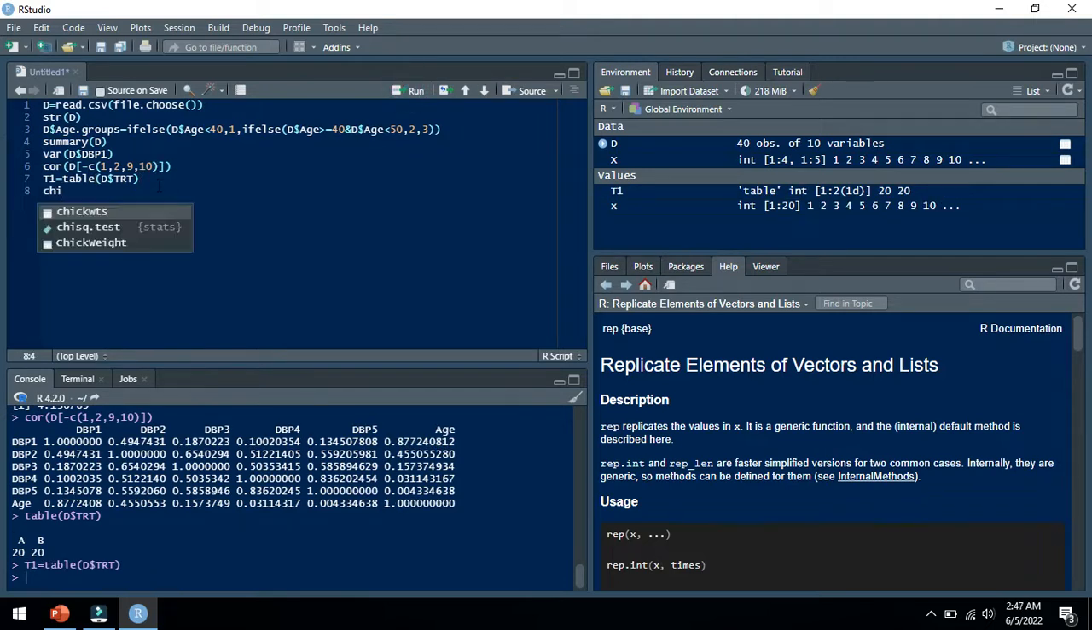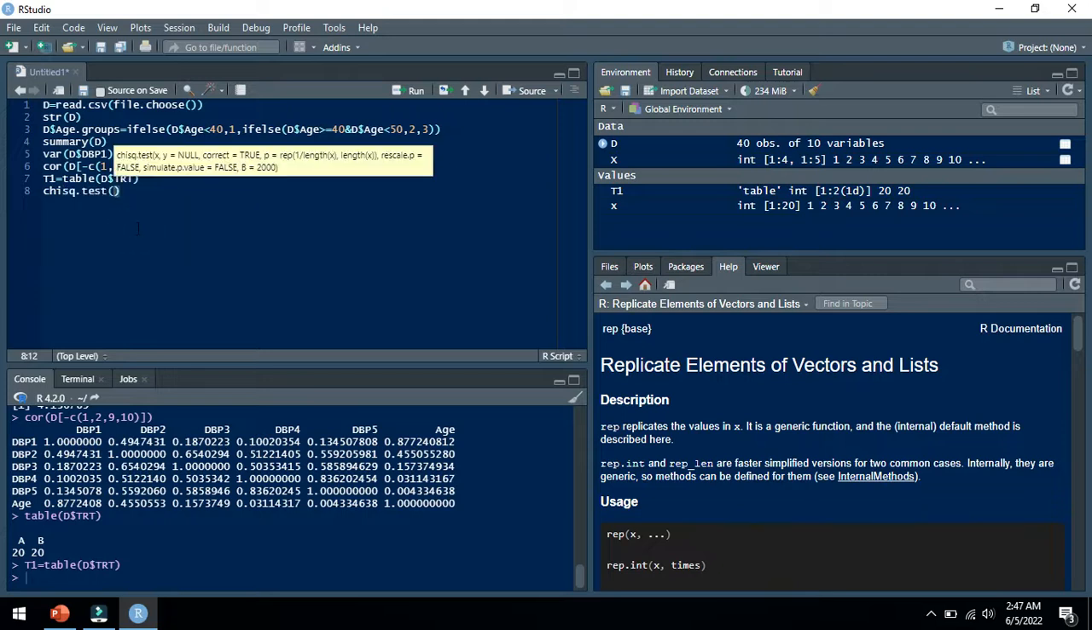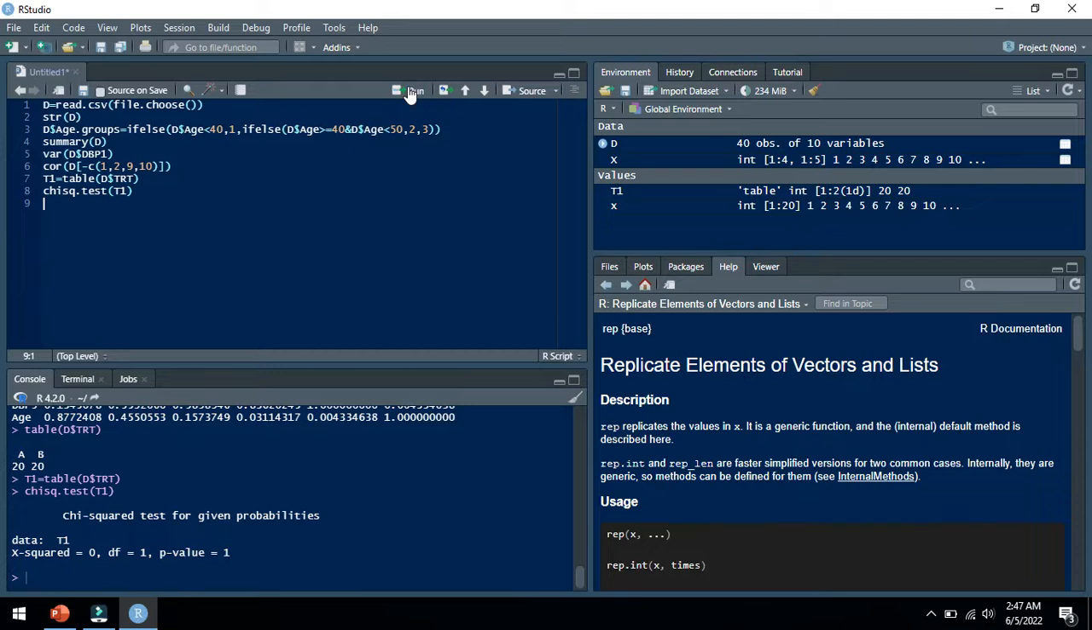conduct a chi-square test for this table, and you can see the association between the two variables, which is insignificant, as the chi-square value is 0 and the degree of freedom is 1. Basically, the chi-square test is applied just on this variable. Basically, we are checking the frequencies, so there is no significant difference between the two frequencies, as there are 20, but we can find this for